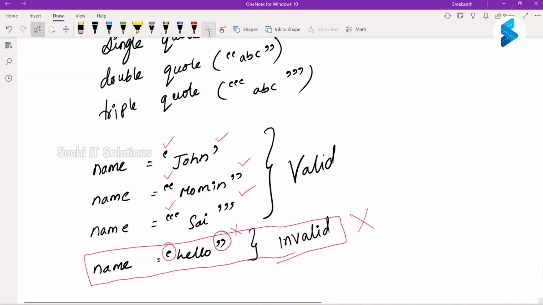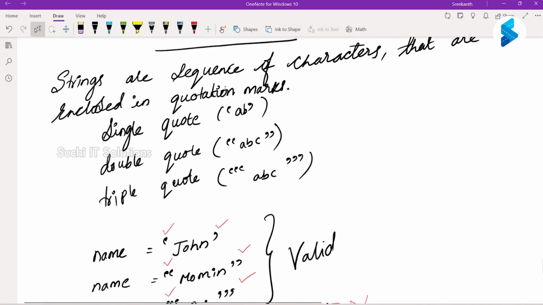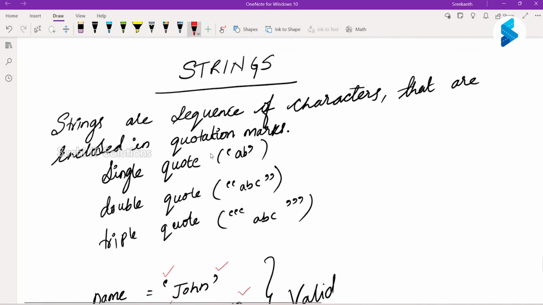Okay, so repeating again, strings are a sequence of characters. I'm stressing this word: strings are a sequence of characters. What is a sequence? Sequence means order. So there is some order in the characters.